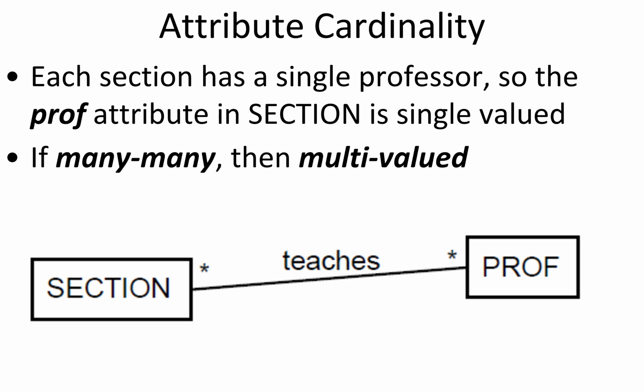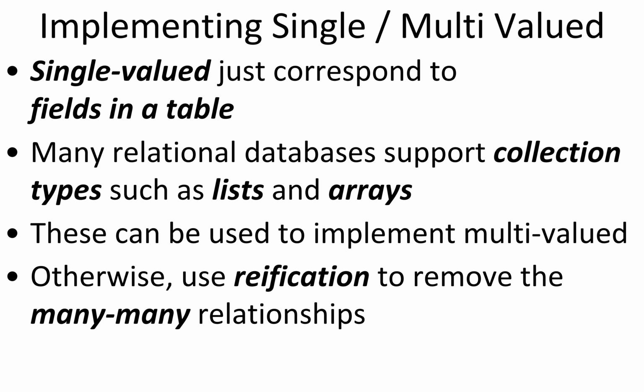Okay, so if you want to capture multiple professors teaching multiple sections, you can convert it into many-to-many, and then obviously we'll need to reify that. Or if we decide that the professor is just going to be a string, right, the username, then instead of a single value for the professor, it could become a multi-value, right? It could become an array of professors, right? Where that array is holding all the usernames of all the professors that are teaching that particular section. Yes? Right? So they become lists, linked lists, or arrays,